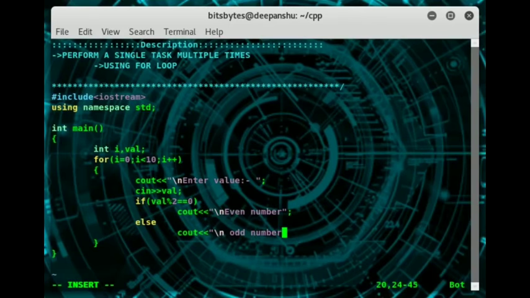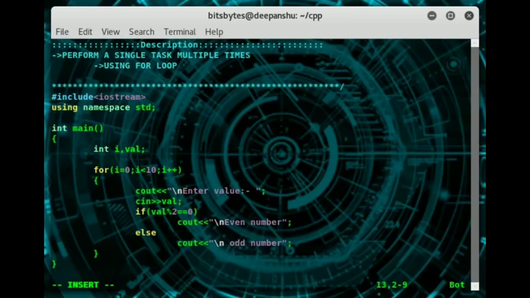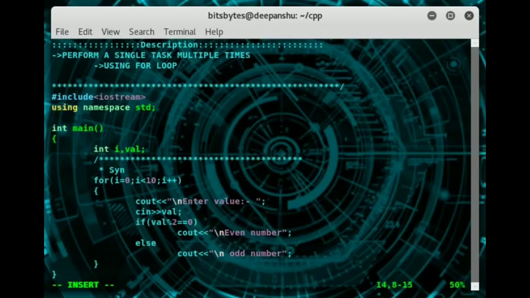and it's a program where the user enters some value. Then I will check whether that value is even or odd. The user can enter my